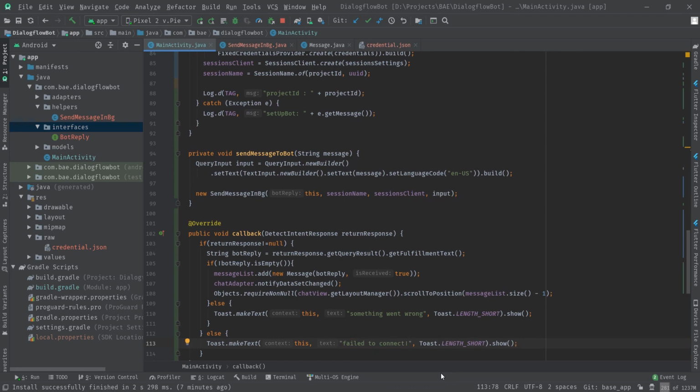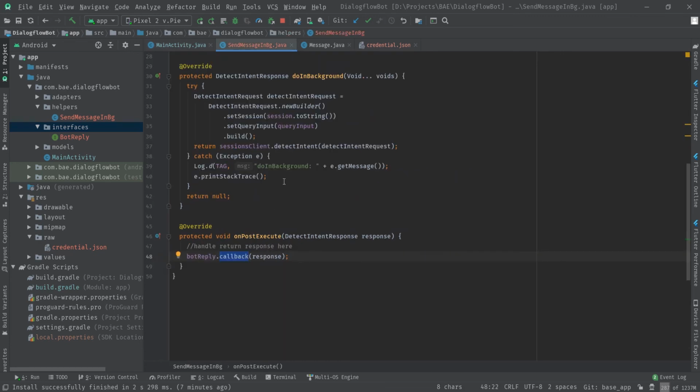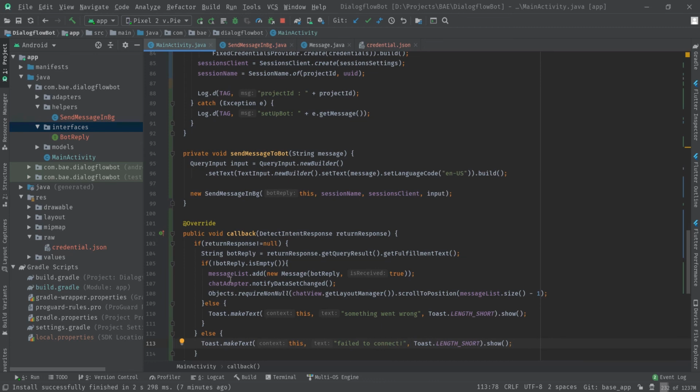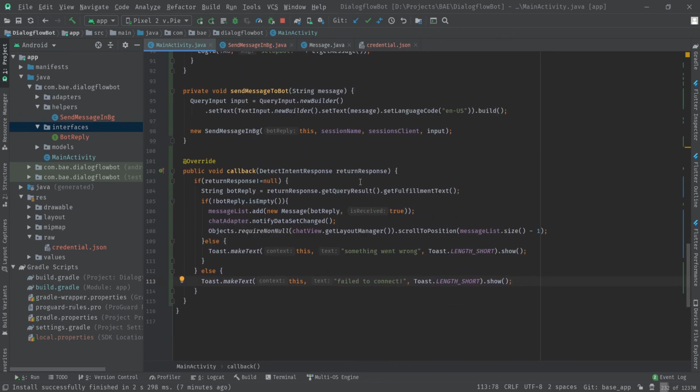So what it will do is once the async function is done processing, on post execute it will call the interface method called callback, which was implemented in the main activity. I'm just checking whether the response is not equal to null. If it is null, it will show the toast has failed to connect. This is just a lame way to show the toast. I'm just doing it for the tutorial purpose. You can tweak it in any way you want.